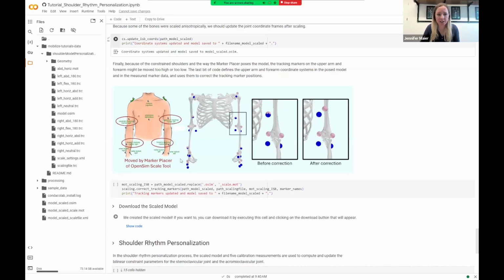Now, the issue that we have here is that the marker placer executes an inverse kinematics. So it poses the model exactly matching the marker data. But because of the shoulder rhythm in the model, it actually cannot place it exactly onto the experimental markers. So we can see here that the shoulder is a little too high in the model, which will lead to an elbow and to a hand that is a little higher than in the experimental marker data. However, since the tracking marker shown here is moved exactly onto where it is in the recording, it will be off relative to